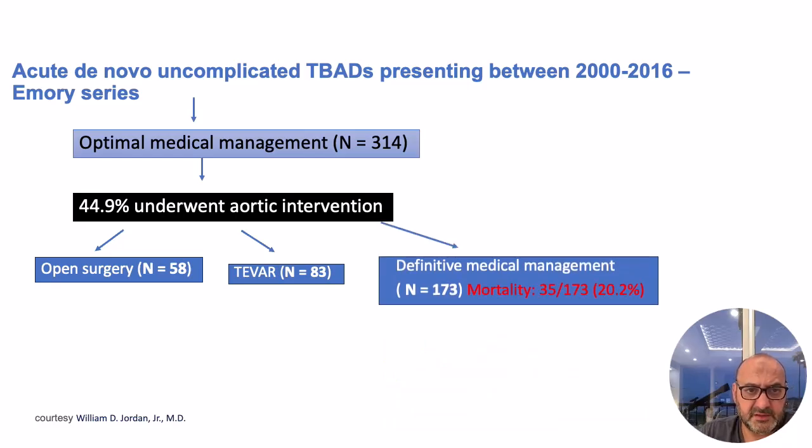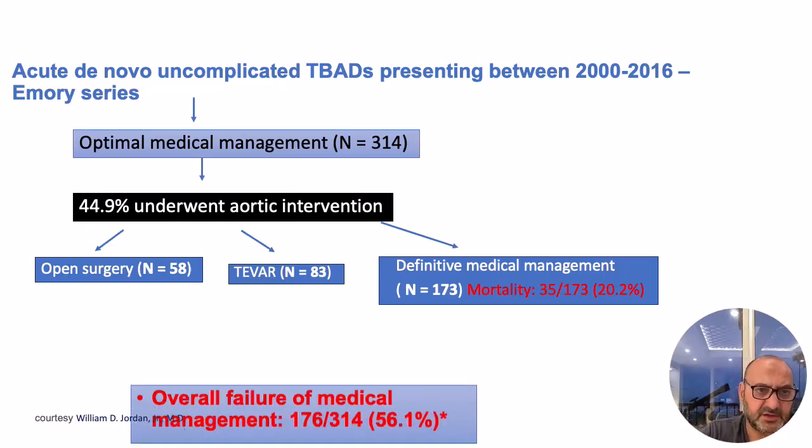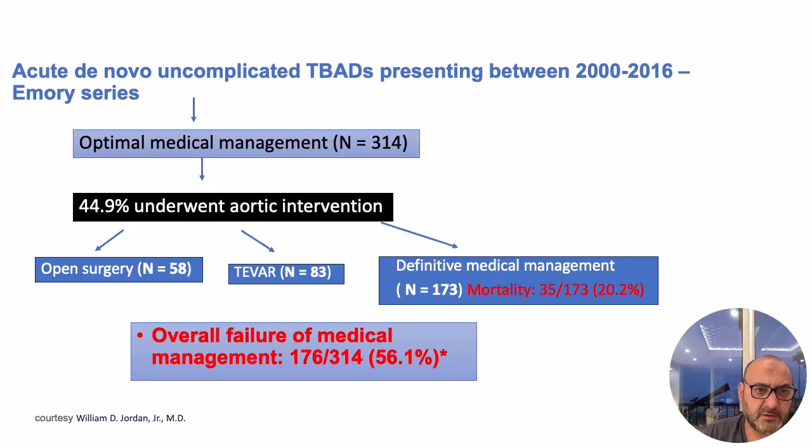Definitive medical management in 173 patients. So mortality was 35 out of 173 patients. It's 20% mortality. It's pretty high. And the overall failure rate of medical therapy was 56%,